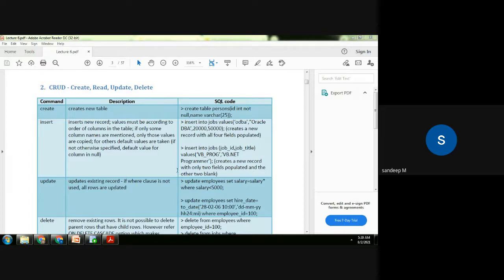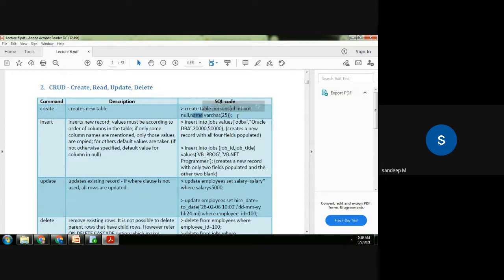So in SQL, in Oracle, if you want to create a table, this is the command you'll be using. So you say create table, that is the command, and then you give a name of the table. Say for example you want to create a table by name persons, you say create table persons, and then in the parentheses you give the names of the columns. So you want a column for ID. This will be the ID for the person, okay? And then a name. So this table will have two columns. One is an ID column and another name column.